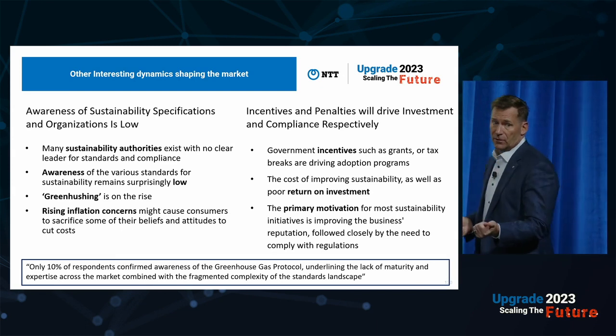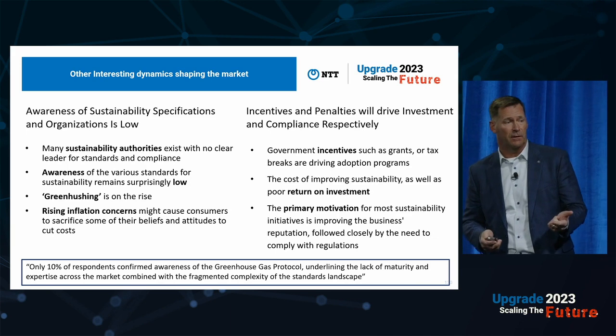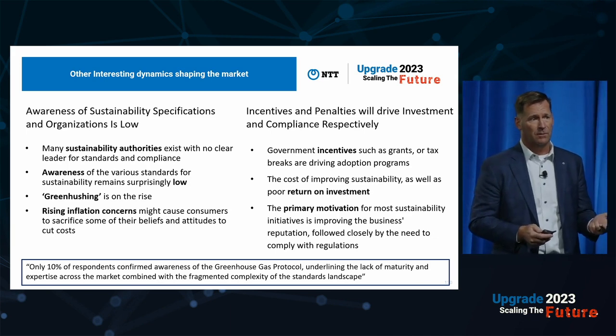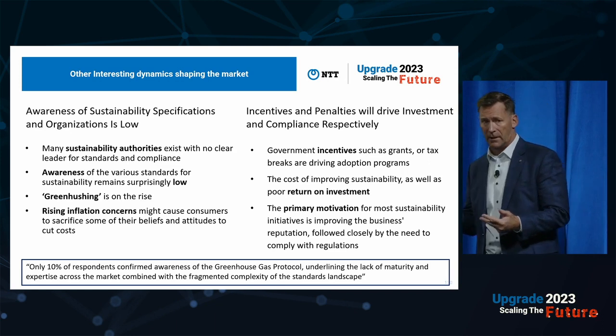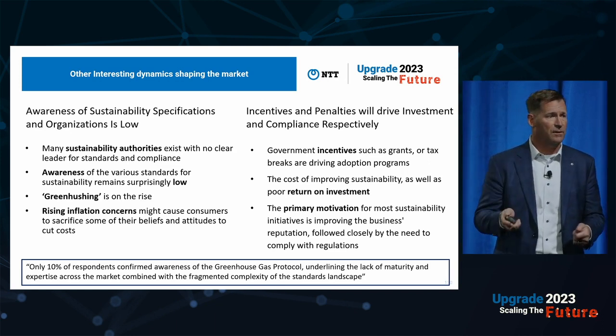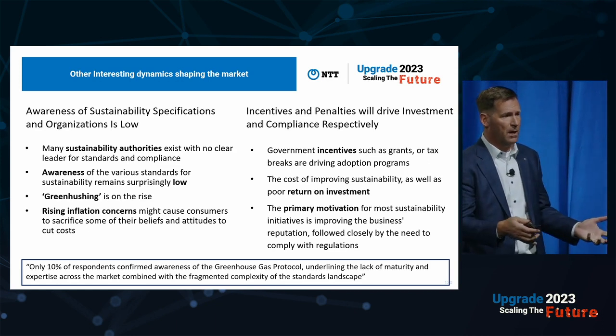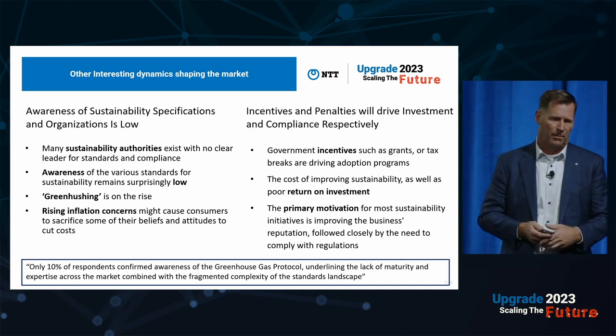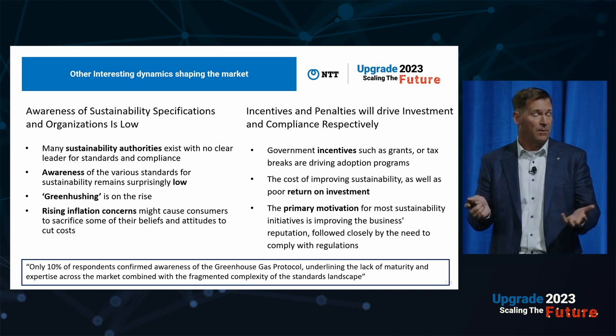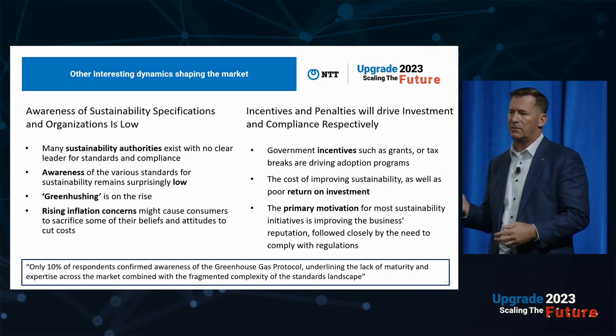Rising inflation concerns around the cost of it. There is a financial impact to doing sustainable projects. And then on the other side, incentives, and then again, compliance. You can hit them with a stick or you can show them the love. And so there's two different ways to incent companies and organizations and people, for that matter, to start embracing